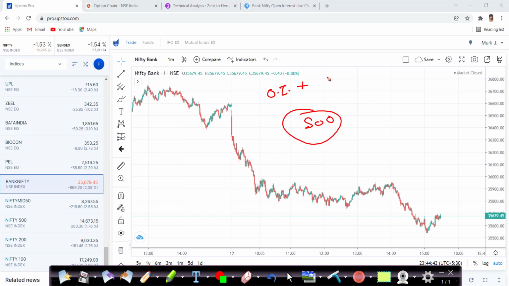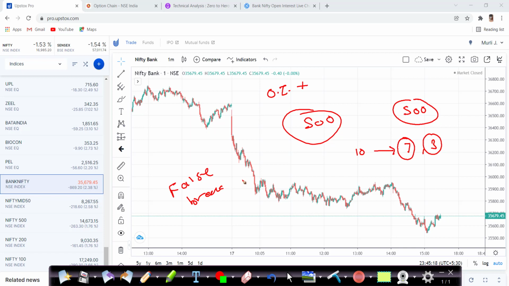And I backtested multiple times, I have traded this strategy more than 500 times. If I convert this into 10 trades, then 7 times I get profit, 3 times I get loss, and whatever profit I get is much bigger, whatever loss I get is much lower because of my money management. Another thing is, this open interest helps me not to go for unnecessary trades, and to identify false breakouts or false breakdowns, either at the downside or upside.